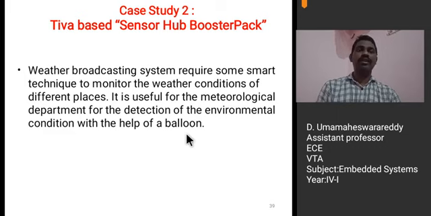In this case study, we are placing the sensor hub booster pack in a balloon, and we let this balloon pass through different places so that we can measure different values such as pressure, acceleration, temperature with the help of the sensors present in the sensor hub booster pack, so that information can be broadcasted to the users, whoever requires it.